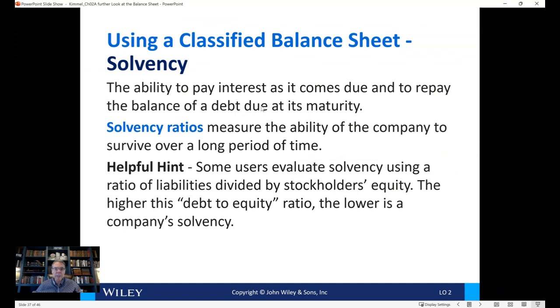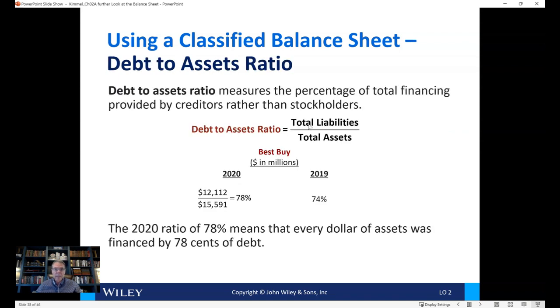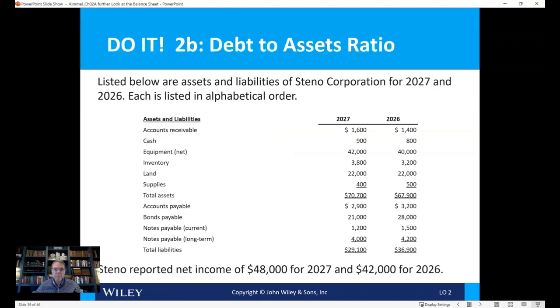And so solvency is the ability to pay interest as it comes due and repay the balance of a debt. And there are some ratios that we'll look at. So we're going to have the debt to assets ratio. So this is the same thing. All right. So